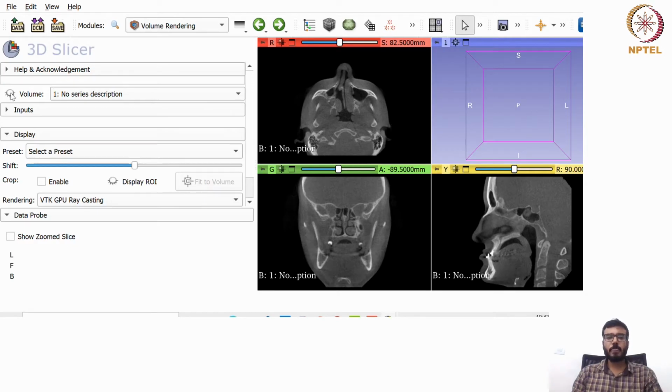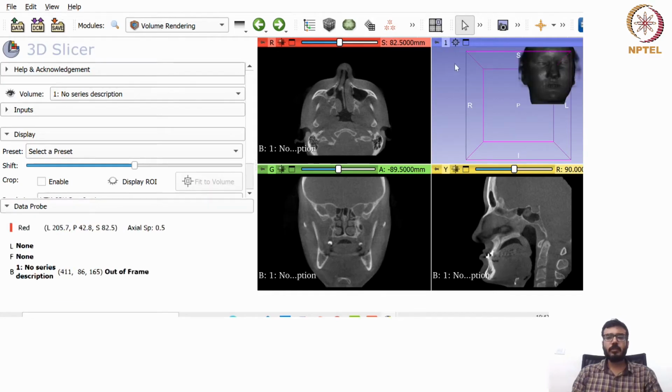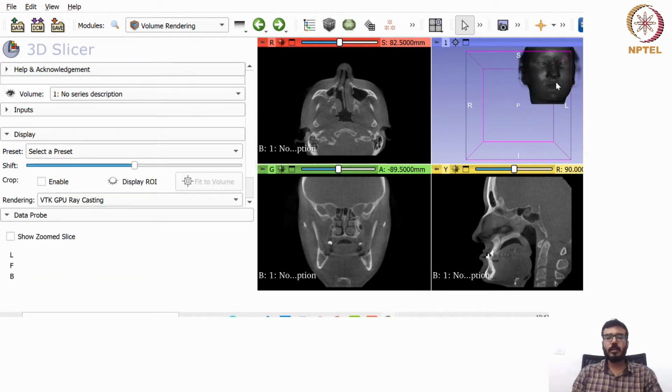There is an eye symbol here, just click on it. A 3D volume image will appear on one of the windows. So we can center it using this option. Click on the center view,